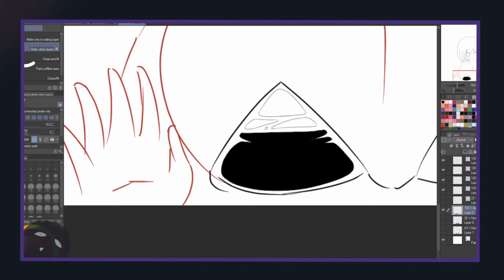Say you have outlined some background elements on a separate layer than your character. If you choose refer all layers and start coloring your background on a separate color layer for your background, of course, you'll notice that the color does not bleed all the way behind the character. For some people this is fine, but I would personally prefer the background to fill the entire canvas,